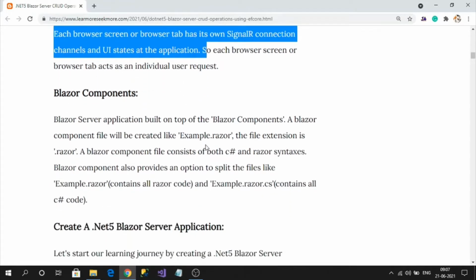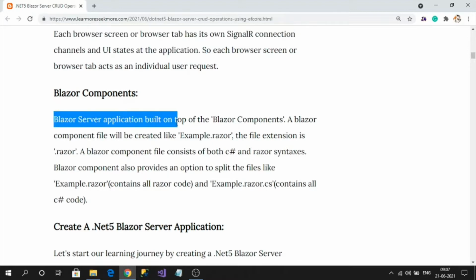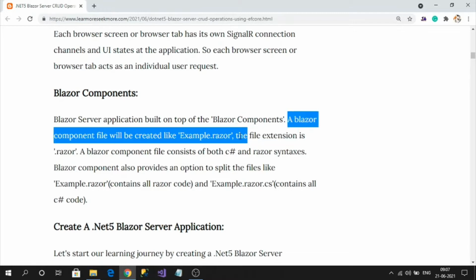Next thing is that a Blazor application is entirely built upon Blazor components. A Blazor component is a file created like Example.razor, so the file extension of a Blazor component is .razor. This Blazor component can hold both C# and Razor syntax in a single page itself.